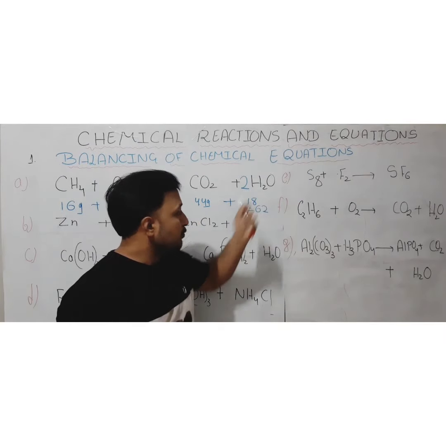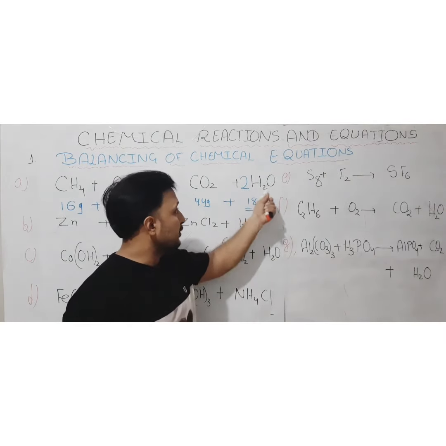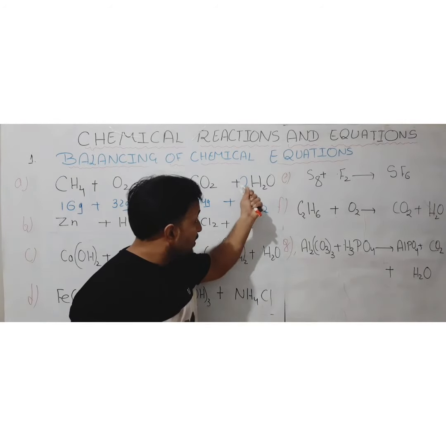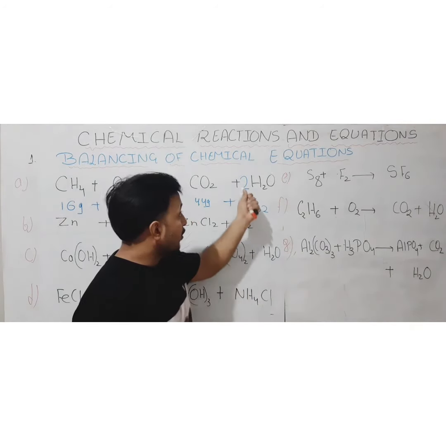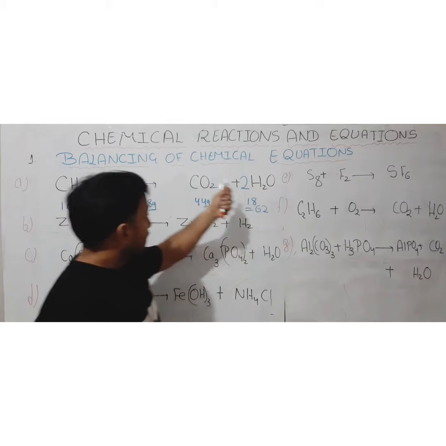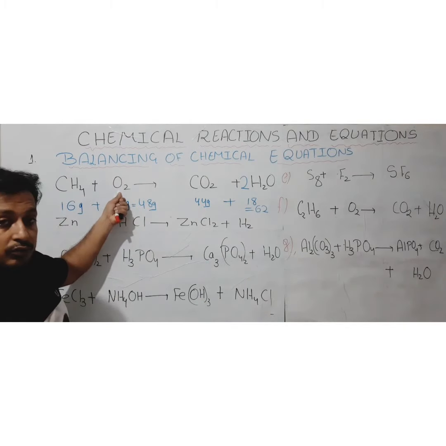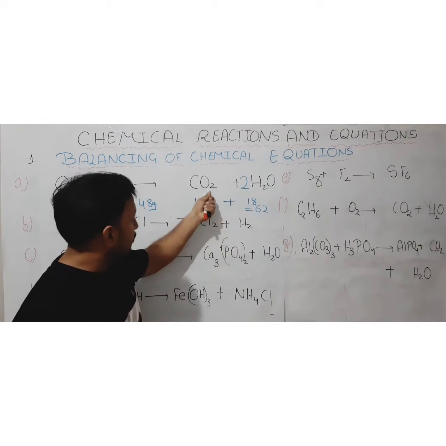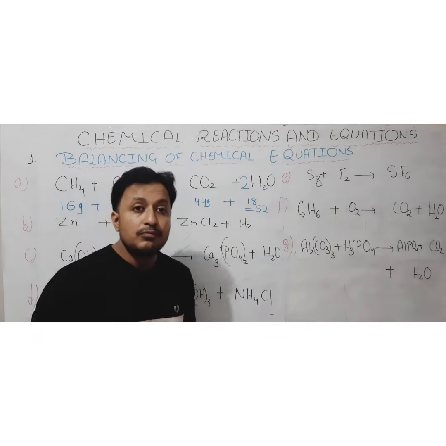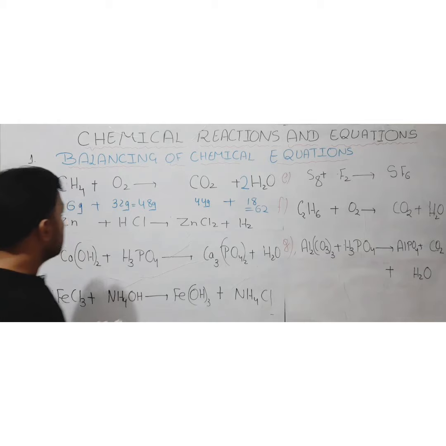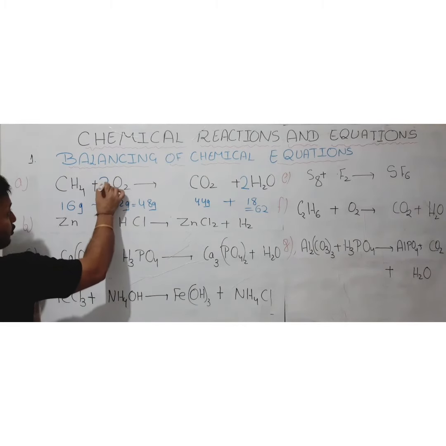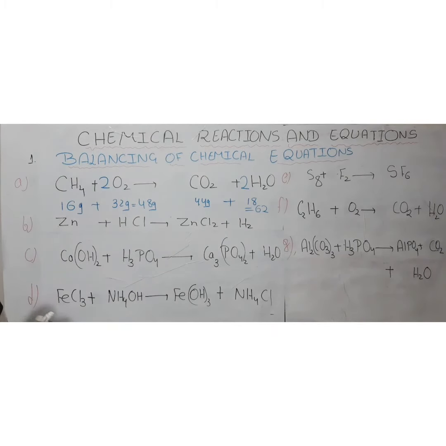So hydrogen become 4 now. Okay, so it become multiple of this. Now this coefficient will also become multiple of oxygen. So now oxygen also become 2. Now here, if you see on the reactant side, the oxygen is already 2, but on the product side, oxygen is now 2 plus 2, now become 4. So we need to balance oxygen here also. So we'll be keeping 2 here as a coefficient. So now oxygen is also balanced.